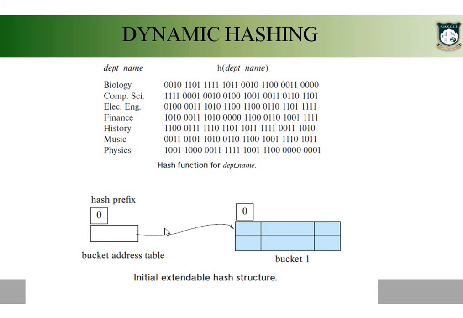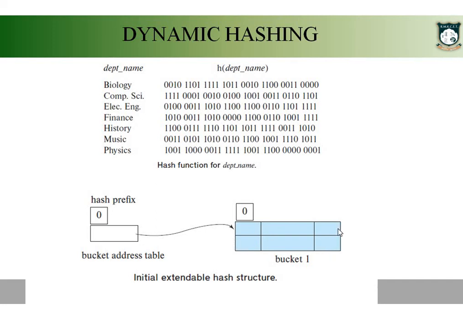Now if you are inserting 2 records, you can insert them directly in this bucket, because you have only 1 bucket. Even if you go in a sequential or procedural manner, you have to use 0 bits for identifying the bucket. You apply the hash function, then in the hash result you use 0 bits. 0 bits means you are not using any bit to identify the bucket. It means that you have only 1 bucket. That's the reason you are not using any bits to identify the bucket. So you will be storing the record in this bucket.